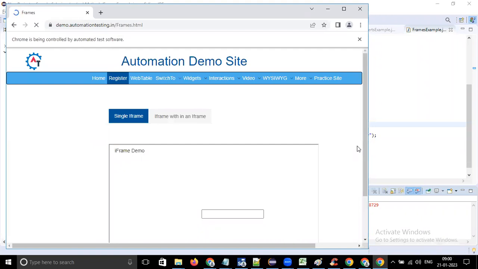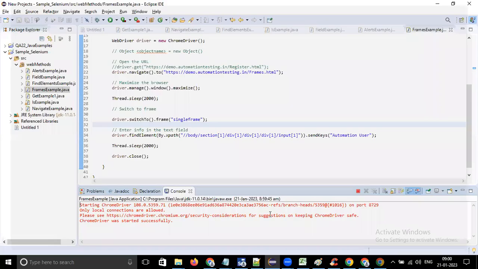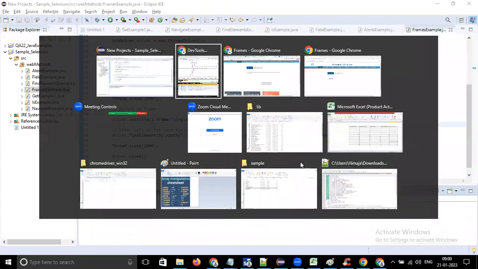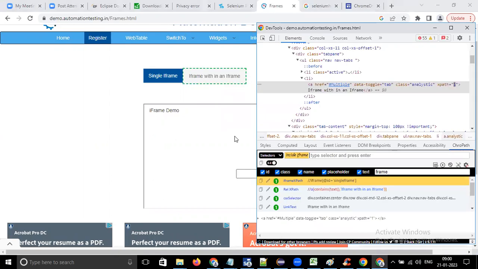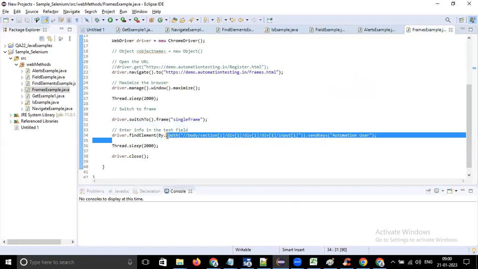It will maximize the browser. It will enter the text. Right? Now, do you understand? Still any questions? No, sir. Okay. Now, we entered into the frame and we entered some text in the text field, but